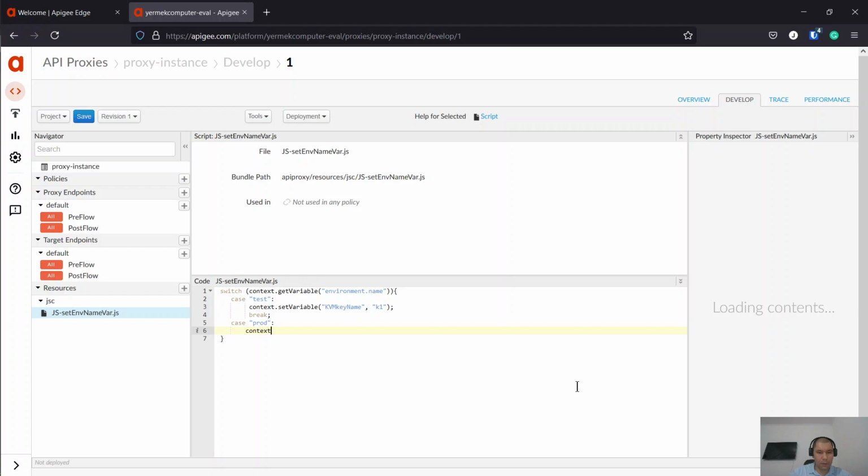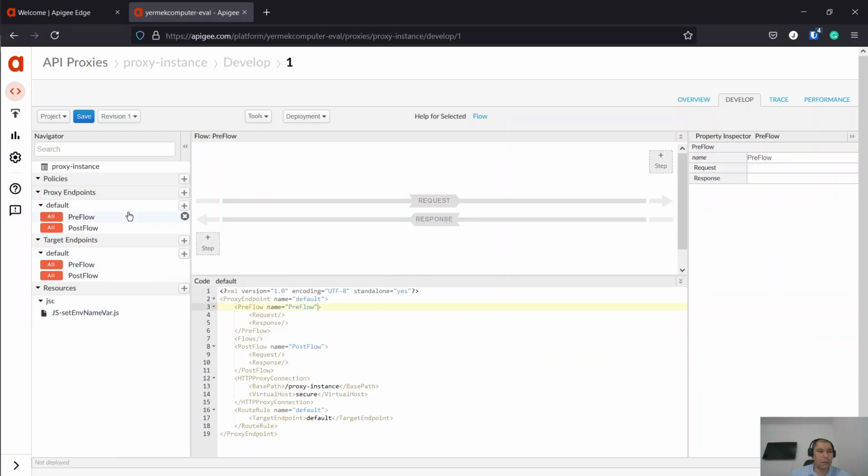Same thing here, set variable, KVM key name, K2, or why not set it like test, should be like this one, and this one is going to be prod, I think, and break. So after that, I will get back to the pre-flow,